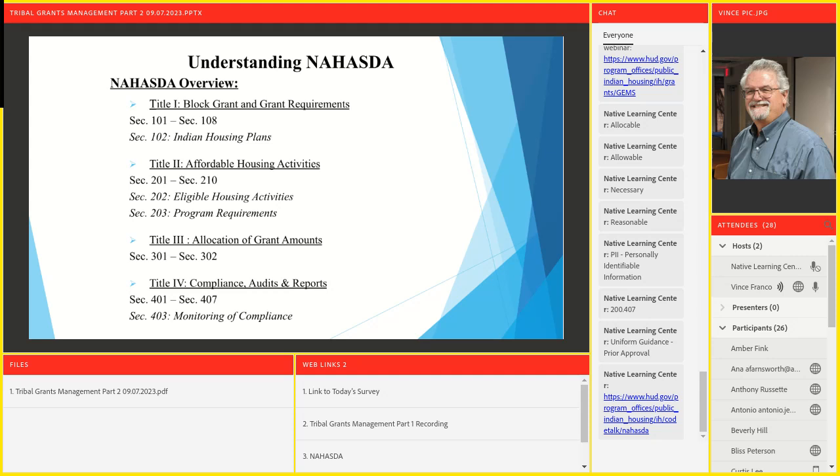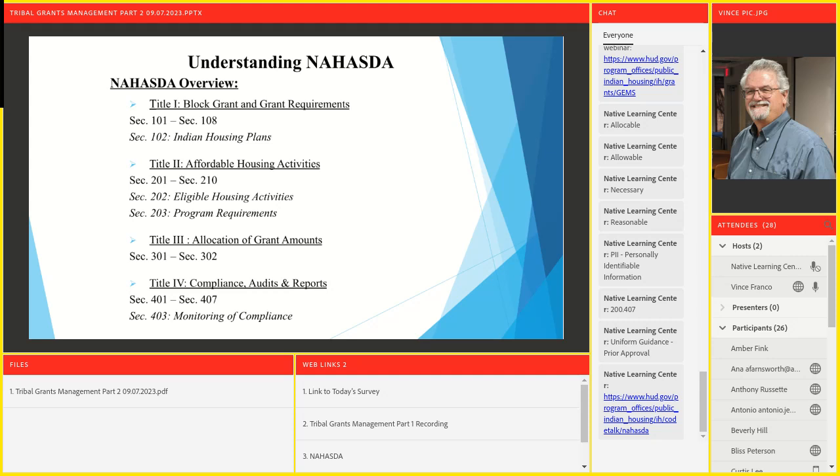And it's got one listed there specifically, section 102, Indian housing plans. And that is important for us that receive Indian housing block grant funds. This is where you want to take some notes if you can. Within section 102 of Indian housing plans, you find a couple things. You find information on A, plan submissions, B, 1-year plan requirement. In other words, there needs to be a plan for all block grant recipients, including Indian housing block grant. And